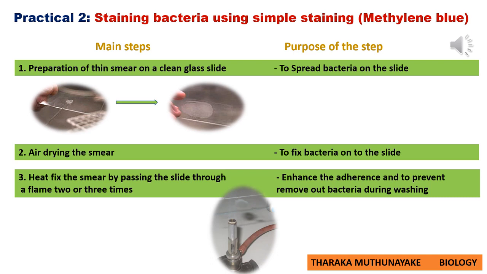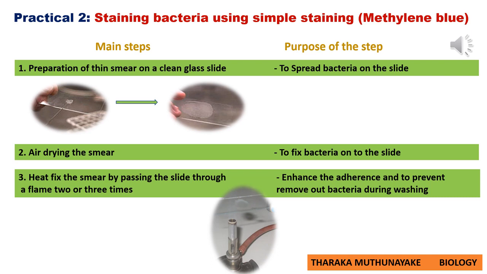First step is preparation of a thin smear of microorganisms on a clean glass slide. That means we can add a small drop of sample, a yogurt sample or toddy sample can be used here as well. We add a small drop of that sample onto the slide, then spread it to prepare a very thin smear. It can't be thick. If the smear is comparatively thick, then microorganisms may appear as clusters, and such microorganisms can't be individually observed. Therefore, it should be thin.